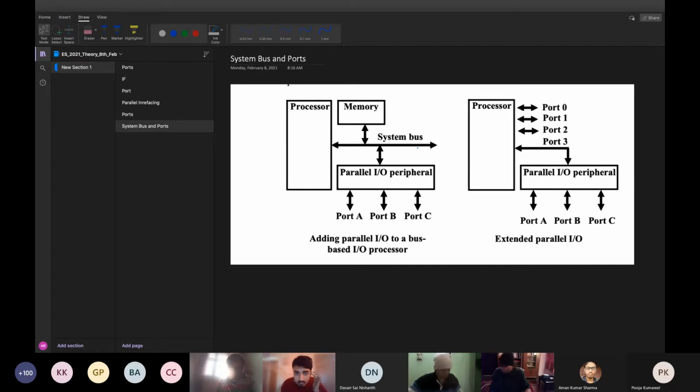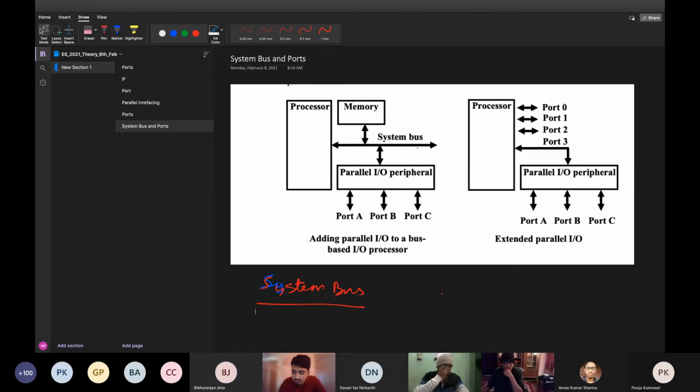Vibhu Ranjan Jana, tell me what is system bus? Sir, here it is shown that it is connected to memory, processor, IO peripheral, and also it can connect to external. Yes, so tell me, system bus, what does it consist of? What are the different types of signals on the system bus? You are not attending. No, what is that? System bus means what? I showed you the architecture. You are not attending.